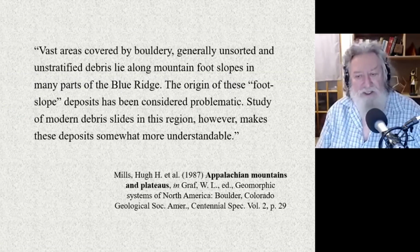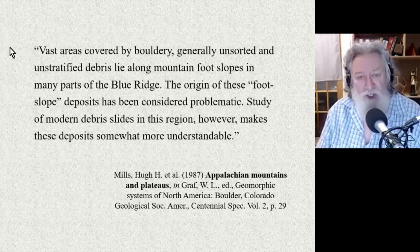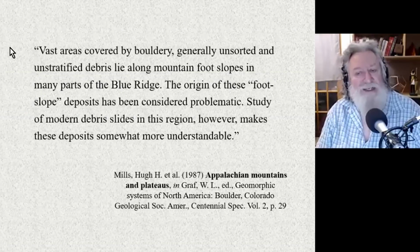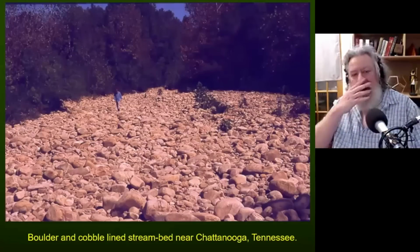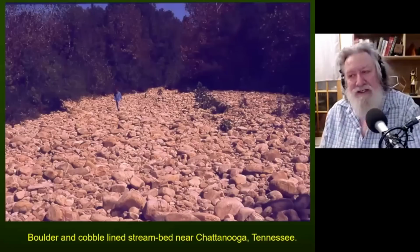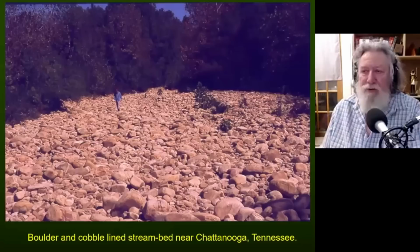Okay. But like here, this is Appalachian mountains and plateaus, vast areas covered by bouldery, generally unsorted and unstratified debris, lie along mountain foot slopes in many parts of the Blue Ridge. The origin of these foot slope deposits has been considered problematic. Study of modern debris slides in this region, however, makes these deposits somewhat more understandable. But then when we look at the next slide here, now this is typical. Of course, they're much smaller, which would imply a less vigorous flow of smaller magnitude than what emplaced either the Blue Rocks or Ringing Rocks in the Hickory Run boulder fields. But this is very, very typical of the stream bottoms of all throughout the Appalachians,